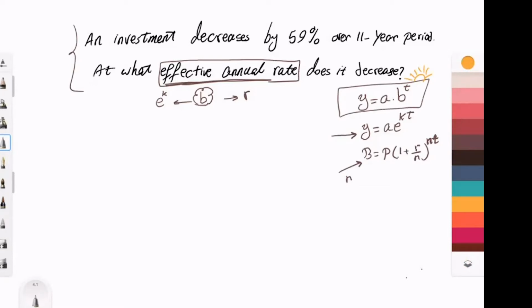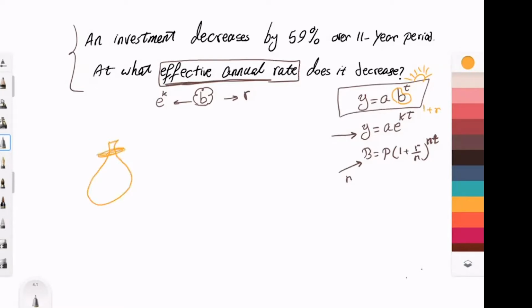And then we are looking for R. Inside of the B, we have R, which is 1 plus R. R might be positive, R might be negative, depends on decreasing, increasing. So that's enough information to start. So this investment decreases by 59%. So let's say we have, in 11 years,